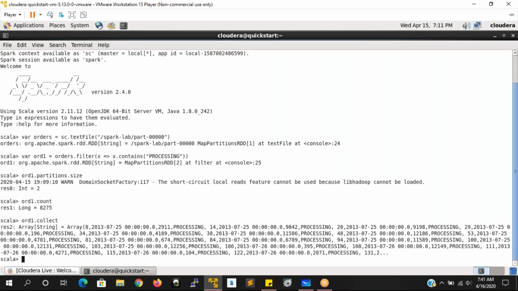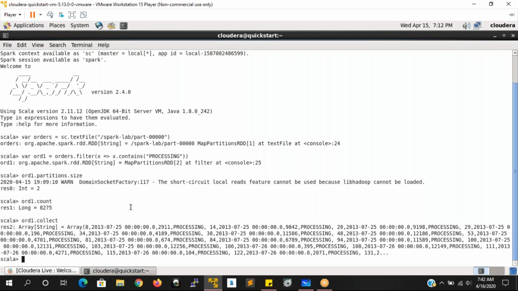Generally, in Spark, when we read the data from any external source, either HDFS or LFS, it will create an RDD of string, which means a collection of string type data. That is what you have to understand.